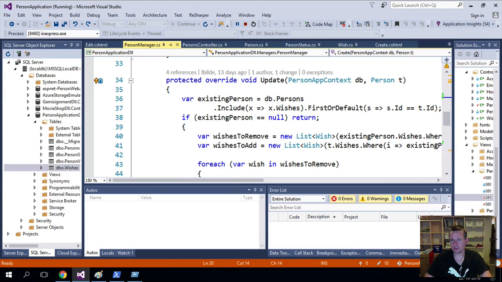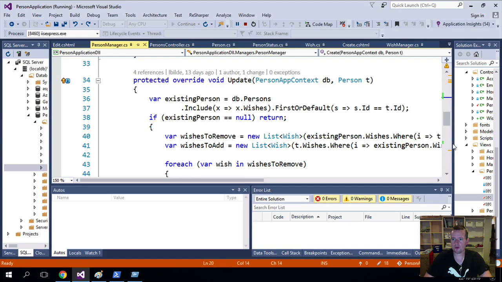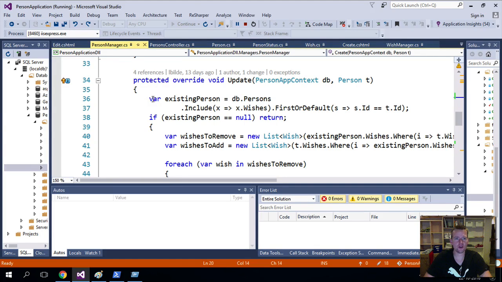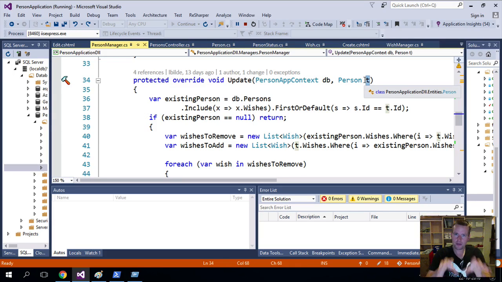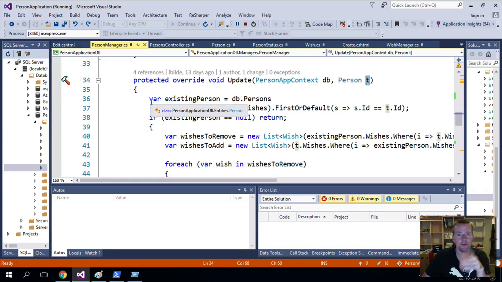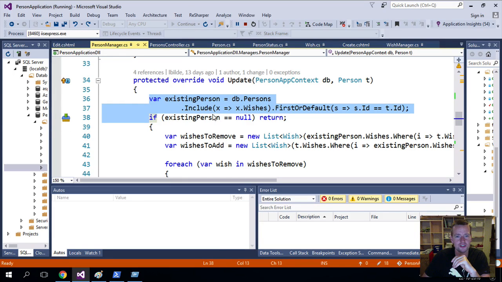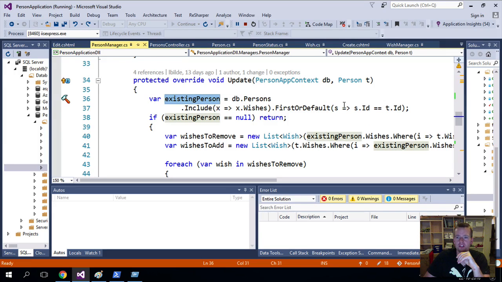And this is kind of where we started out, what I wanted to show you guys, how complex it is to do an update. So the first thing I do here is to go in and grab the person directly from the database. So I pull out the real person from the database, not the one that we are actually manipulating right now. Think of this as we have a guy in memory. That's the person, the T here. That's the guy that's in the memory inside the browser right now. So that's the controller's person. But there's a real person, not a real person, but a more correct person inside the database. I don't put real persons in databases. But we can pull him out by using the ID of the memory person and pull out the existing